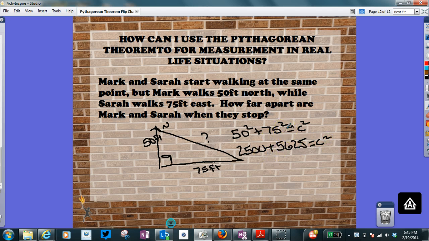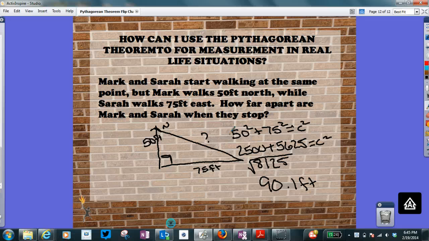And when I add those together, I'm going to have 8,125, but I have to take the square root of that. So I take the square root of 8,125, and I come up with 90.1 feet. Now, we are going to have more problems like this in class, and I encourage you to draw